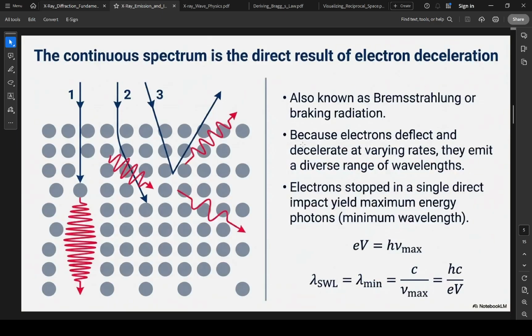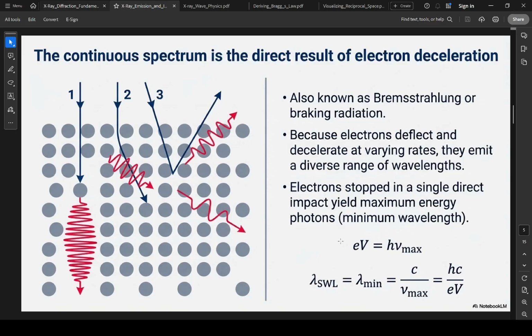The continuous spectrum is a direct result of electron deceleration. It is also called Bremsstrahlung, which means braking radiation. What happens is when electrons hit your material, they deflect and decelerate at different rates, and that emits a diverse range of wavelengths. And when an electron is stopped in a single direct impact, it yields the maximum energy photons, or you can say the minimum wavelength photons, which is given by